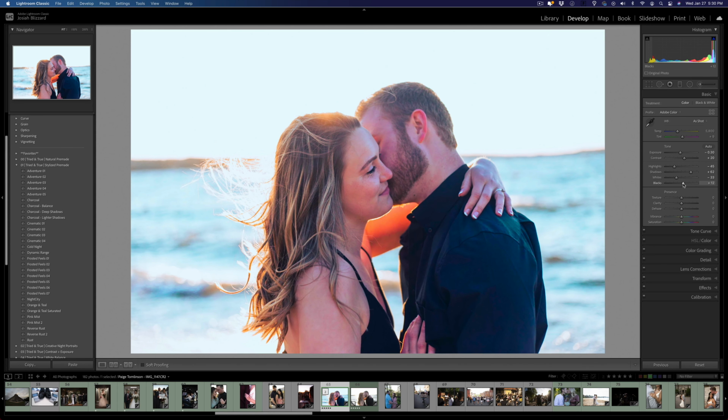Again, this is stylized, so this is going to be very different maybe than what your normal photos might look like. So do this if you know that your clients are going to love it. Let's reset this, and actually let's just apply a